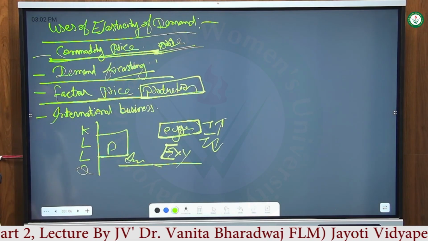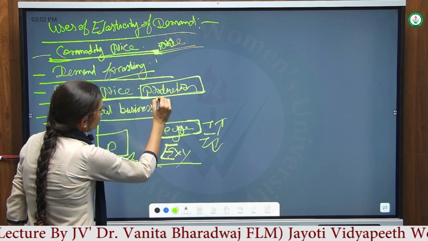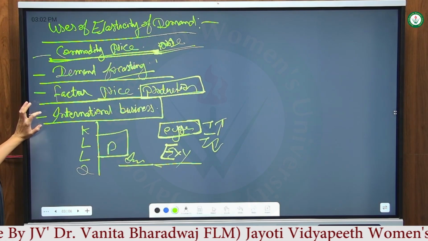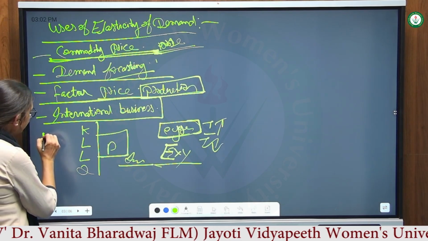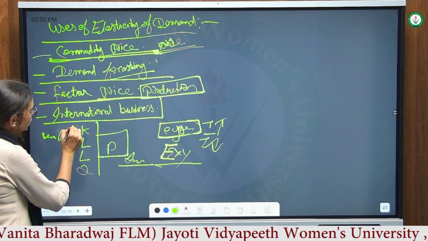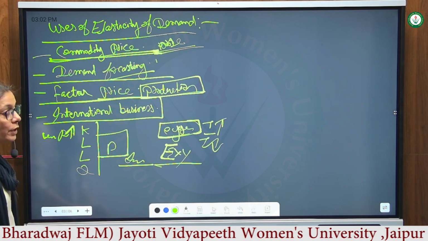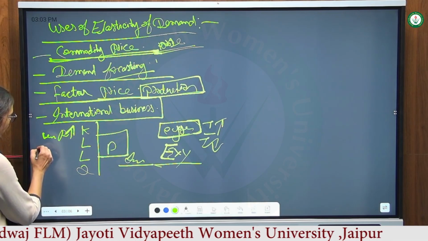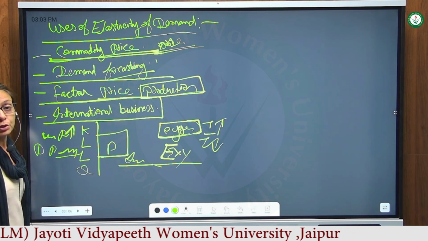Okay, next point is international business. For the example of this topic, the most convenient example is petrol. For example, we are the importer of petrol. We are importing petrol, and petrol is inelastic. And if the price of petrol goes up, what will we do? Do we stop using petrol, or do we use less petrol? We start using less petrol, but we do not stop using petrol. In that situation, we can say the demand of petrol is inelastic. There is no alternative substitute for petrol.